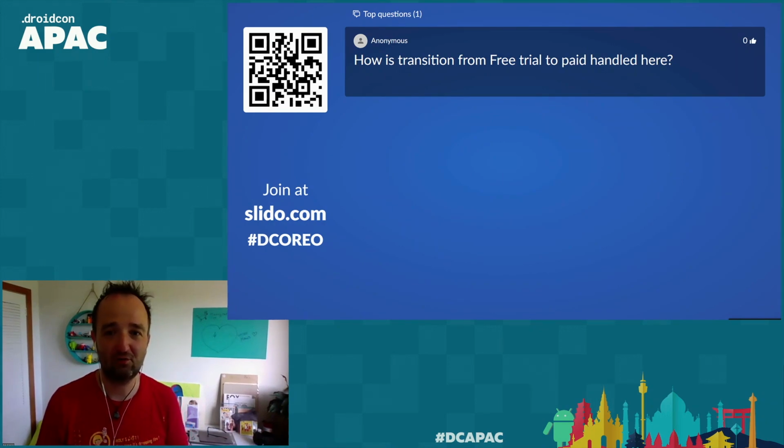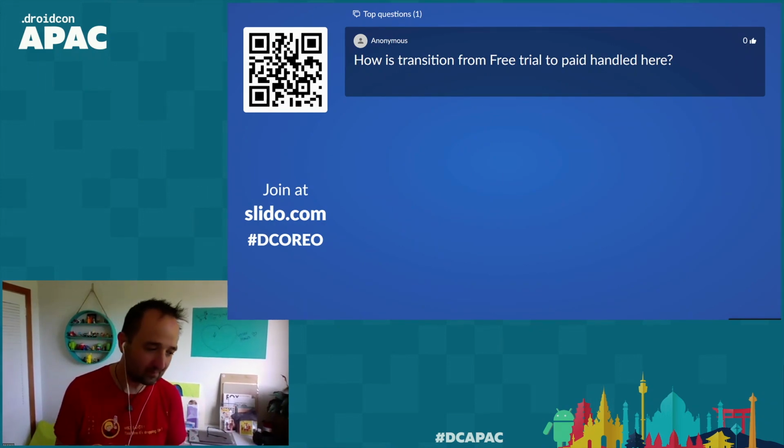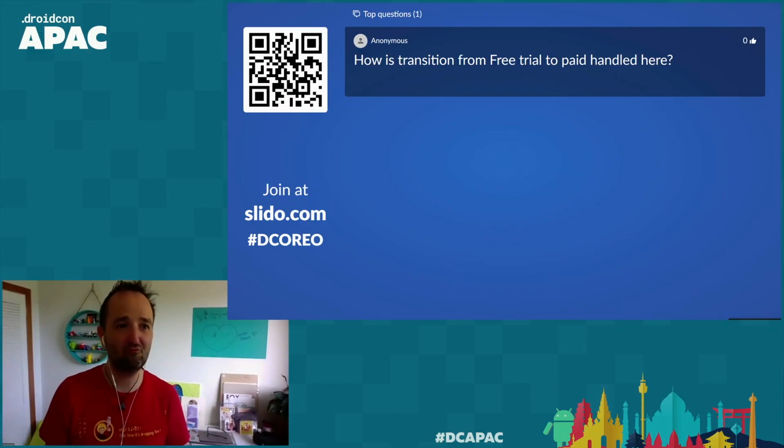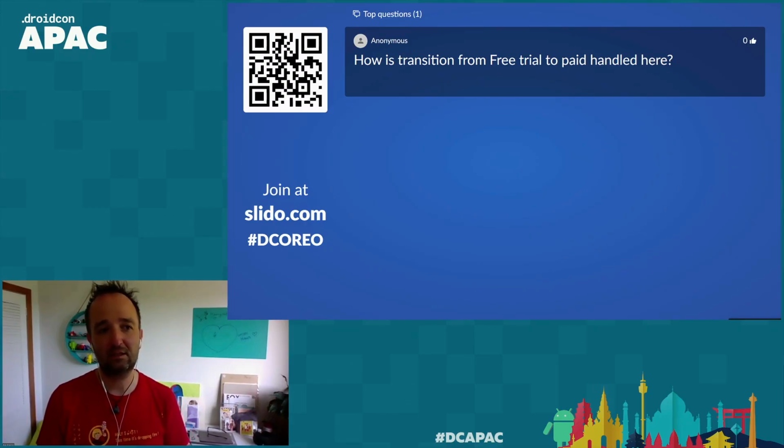How is the transition from free trial to paid handled here? All right, so that's not really a big area where I have a lot of expertise, because the free trial is something I haven't used a lot with the apps I work on, because they are essentially using a different free trial system, and they're not really leveraging the Google Play billing free trial setup for subscriptions. However, that being said, what normally happens is you can set up your app so that it supports free trial in general,